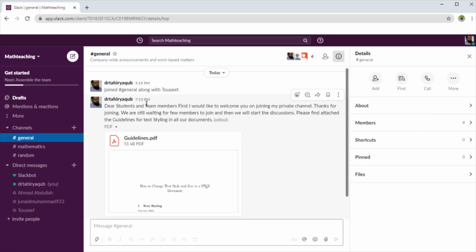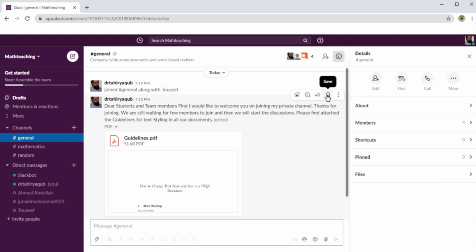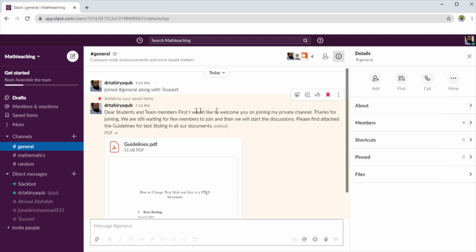And now on every message, on the right hand side, if I hover over this area, I will see a few more options. If I click on these three dots, I can edit my message, I can pin this message to the channel, I can copy the link. Also, I can save the message, and if I click save, it will be added to my saved items. I can share this message, I can reply in a thread.